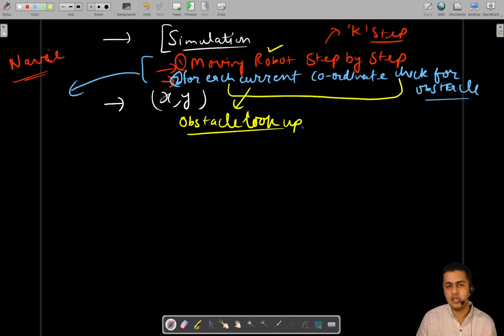Instead of doing a linear traversal over the obstacles array, we should be thinking of something that gives us this lookup almost instantaneously. So what we can do here is make use of hashing. Okay,